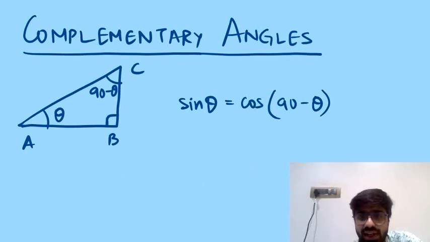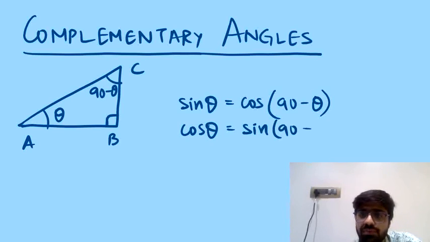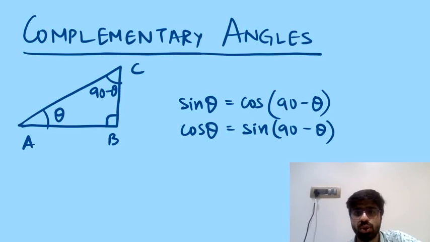This kind of a relation will exist between cos and sine also, that is cos theta will also be sine of 90 minus theta. So every time you have cos of 90 minus theta, you should know that you can simplify it and write it as sine theta. If you have sine of 90 minus theta, you can write it as cos theta. Just by chance you want to convert sine theta to cos theta, the result is very clear.